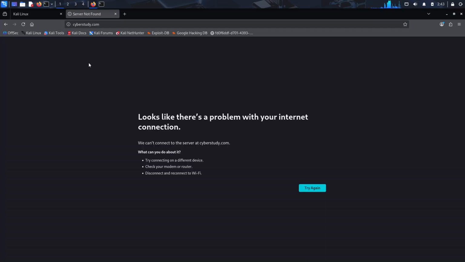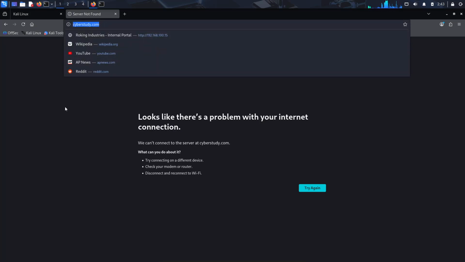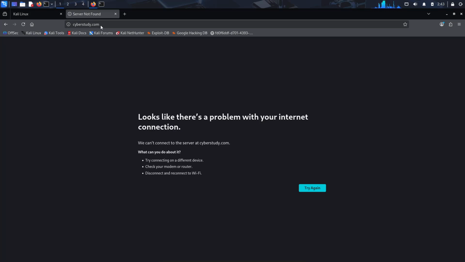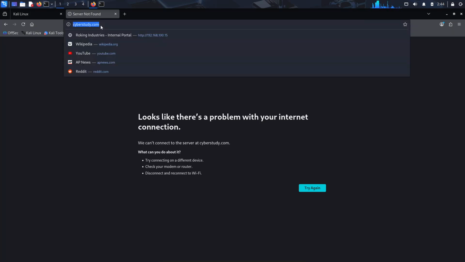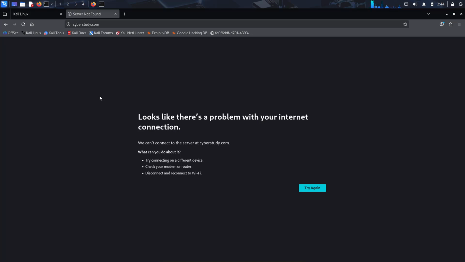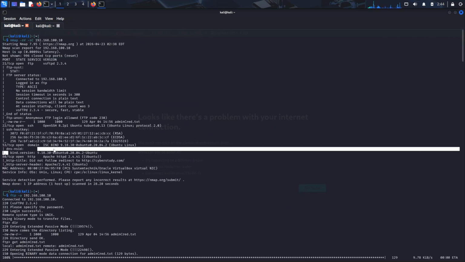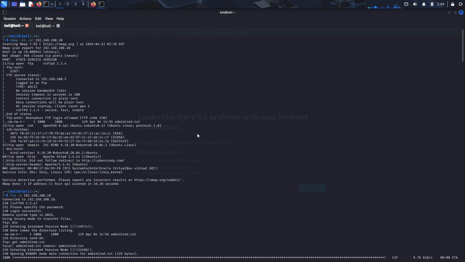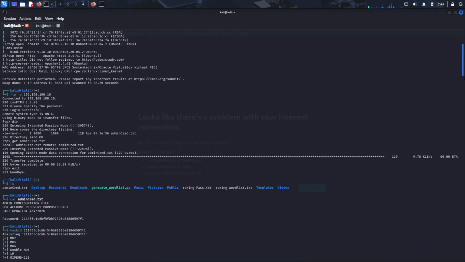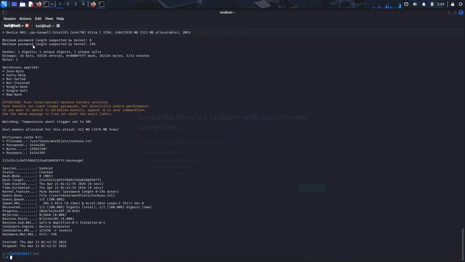Okay, and we can see if we examine the browser, once we put in the IP, it's actually resolving to an address of cyberstudy.com, but we're not able to access the web page. And what that tells us is that possibly the bind server on this target machine is trying to resolve the IP to cyberstudy.com, but we are not able to reach the web page. But this can be remedied